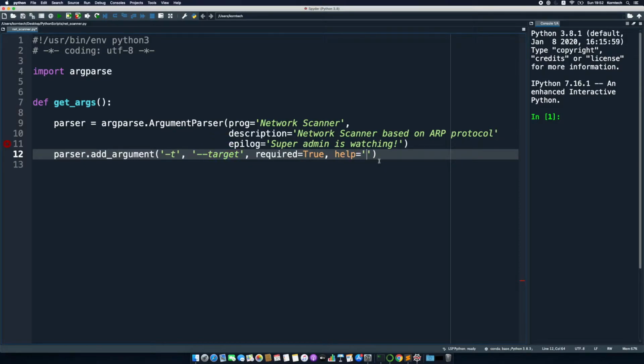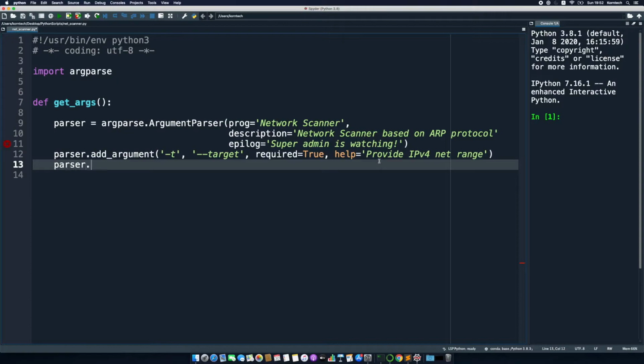All right. So we're gonna add as well a help message, provide IPv4 net range. I think that should do. Okay, so we're gonna add another argument, and this is gonna be -v for verbose. Again, we're going to give it an alternative name, so the values that a user will pass to these arguments will be stored in these variables. Okay, so again, we're gonna add some message here, turn on verbose mode,